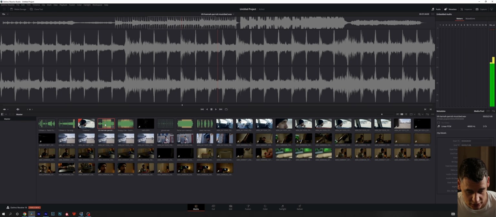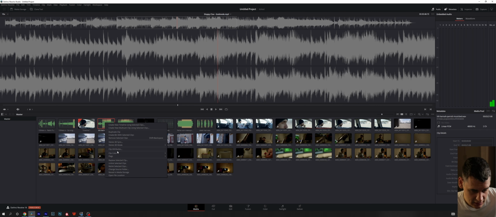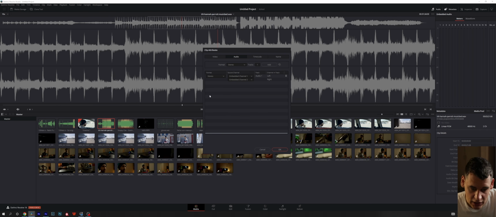When you click on your audio in the media page, right click on it and select clip attributes. And you're going to see that there is this format and source channels. If you have a video format that is not stereo or mono, or you want to select something else, you would think that you need to select something in here. But when I do this, nothing changes, because this is the setting that you would select if you want to add additional sources and additional lines in here. For example, I choose 7.1 film, click add, and we've added